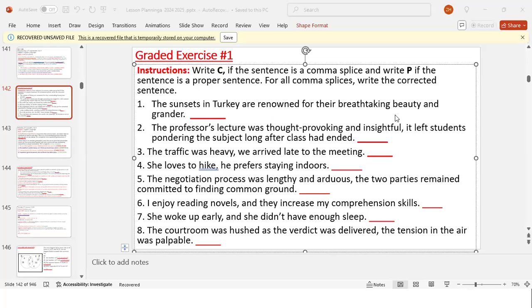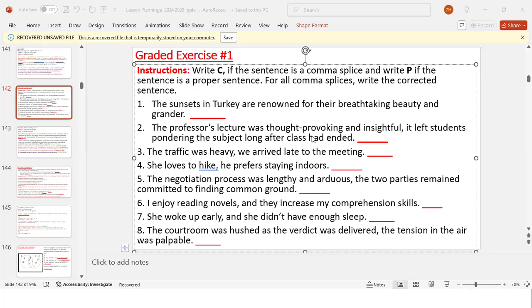Very good. Sorry, excuse me, Mr. Petit. We're supposed to write this where? Write this in your book. We're doing this now. Write this down. The first thing you have to do is write down the sentence. If it's a comma splice, write C and correct it. If it's not a comma splice, then just write P as for proper sentence. Anthony St. Remy, you understand what to do?